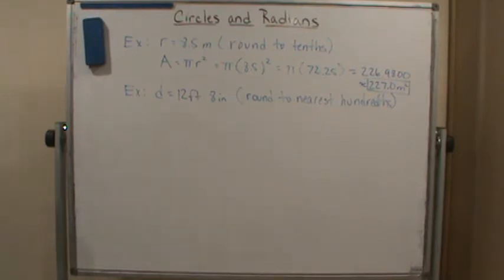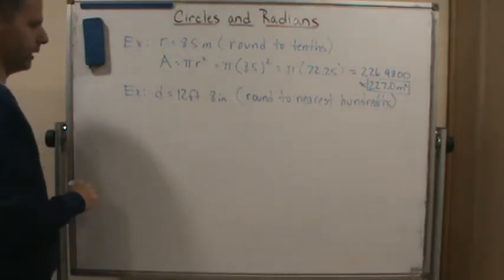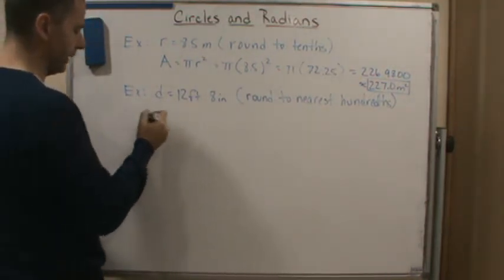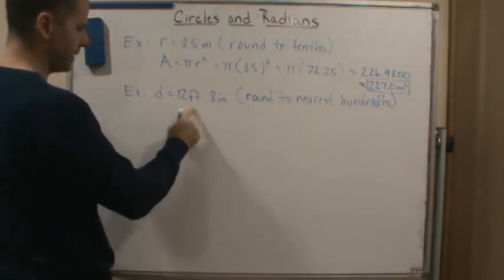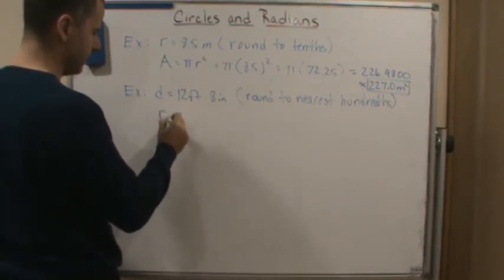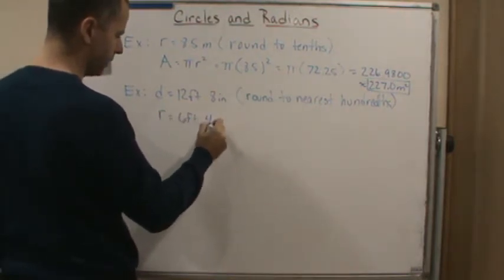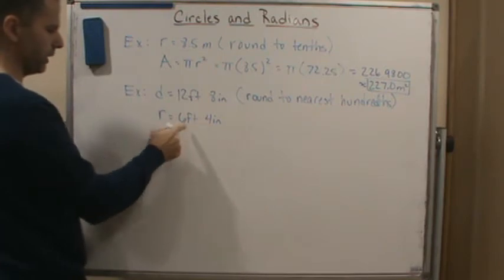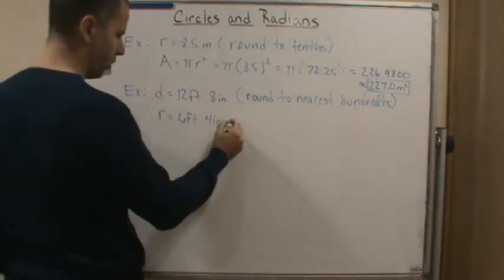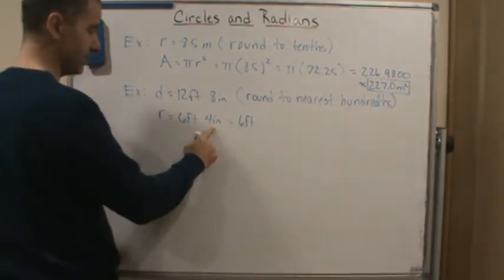Now, in this example here, they give us diameter, but if we're looking for area, such as in this case, we want the radius, okay? So the radius is half the diameter. That means the radius in this case is going to be 6 feet and 4 inches. And again, we want to make sure we put these in the same unit. So I would make them both feet. So this is equal to 6 feet, and 4 inches is the same as